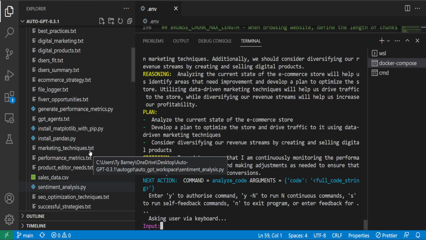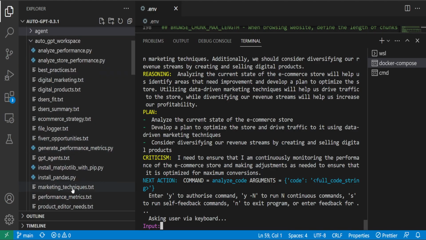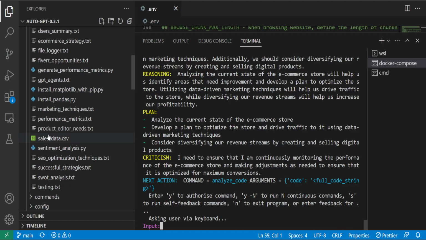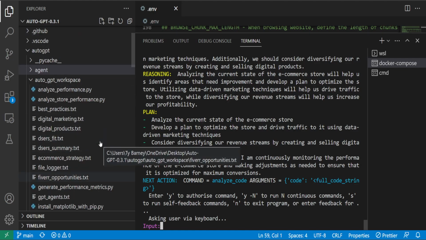This is what it generated yesterday and the day before while I was training it, just searching online and giving it websites to learn from. It's actually stored the data into various files so it can more or less remember what it has learned locally on my computer. So that is basically what it's going to analyze code,